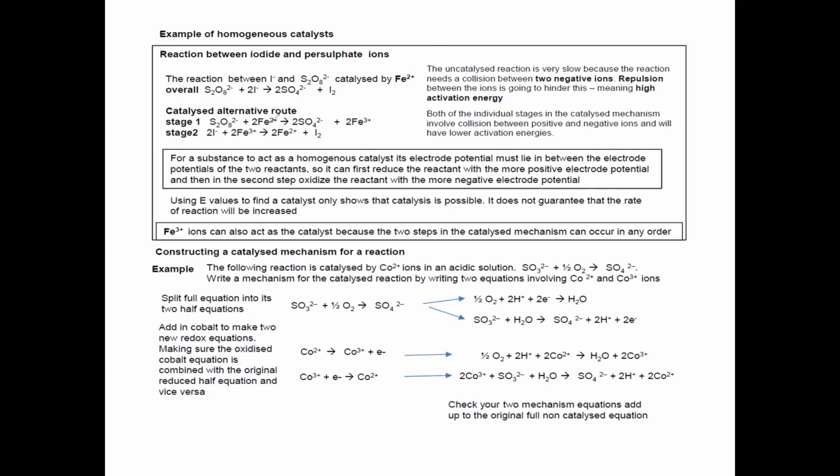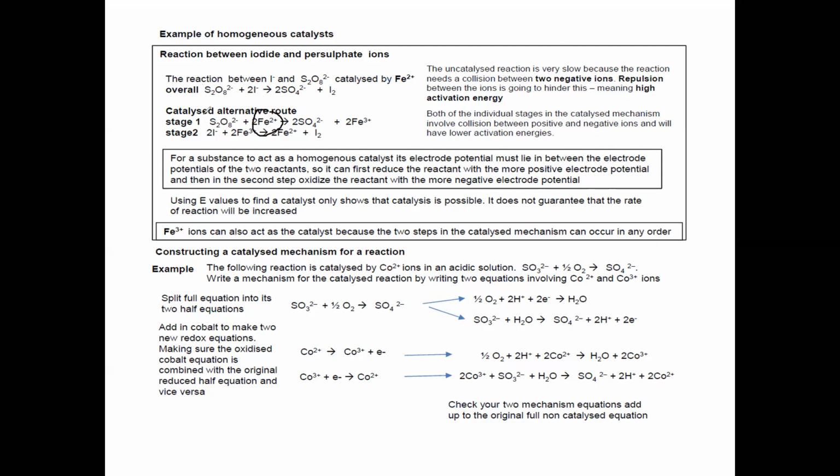First, the uncatalyzed reaction is very slow because the reaction needs a collision between two negative ions. This is the S2O8 negative ion, and I-1 is also negative. So first, two negative ions have to collide to form a product. Because like charges repel, it is difficult for them to collide by themselves, so we need a greater amount of energy, which means this reaction will have a higher activation energy. But if we add a substance which contains iron 2,